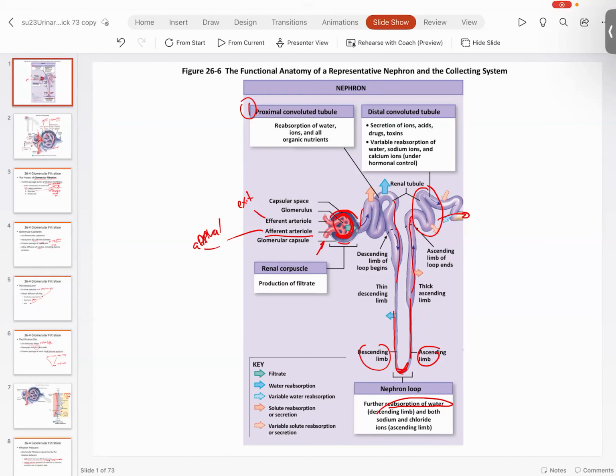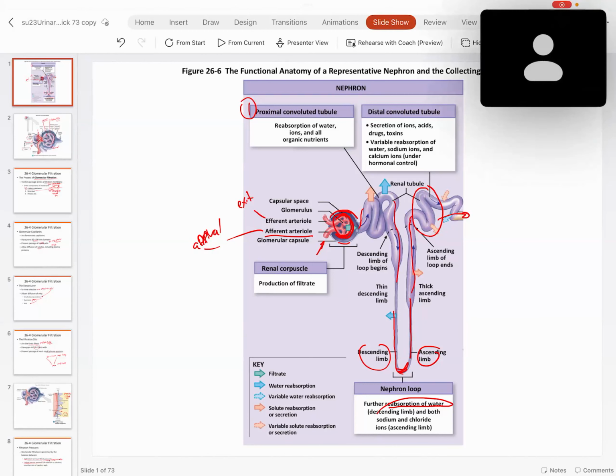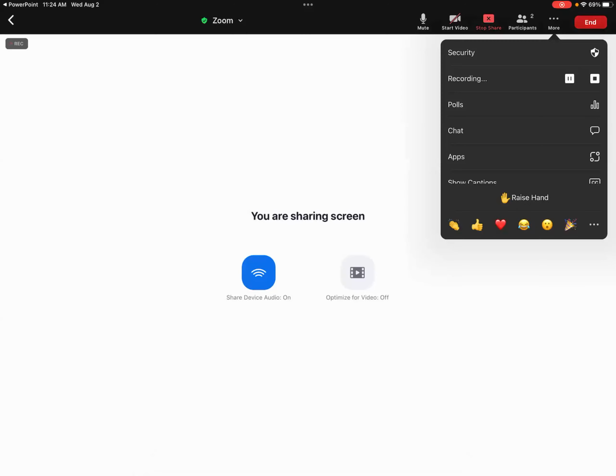No. Urinary is the big one that I want to cover. Everything else, if we're way ahead of schedule, then I'll open up development or something like that. But we